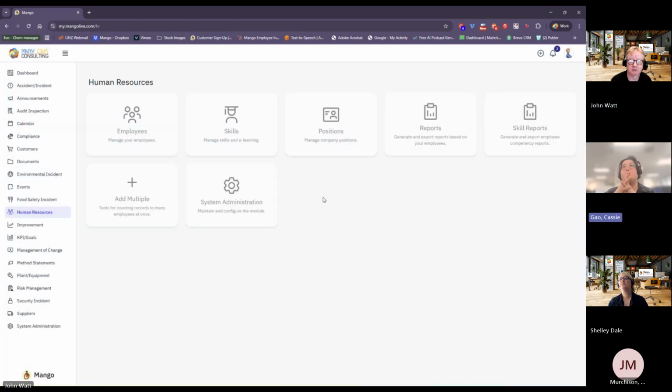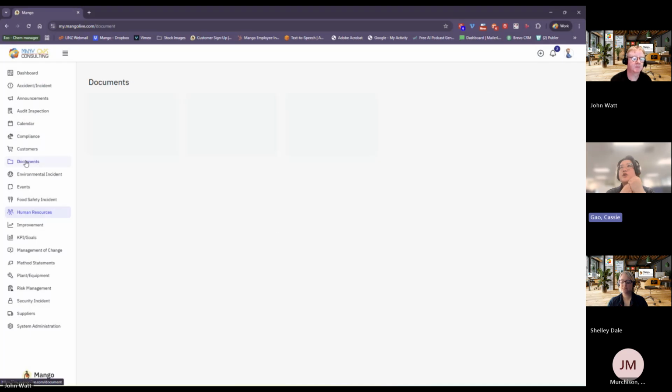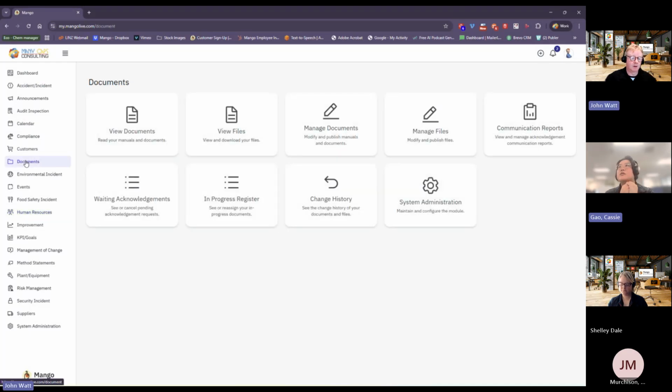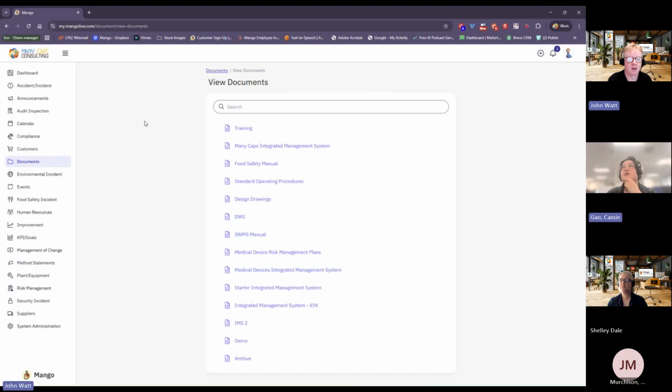Okay. Let's talk about the processes, like policies, processes, documents, working instructions. Where do we put those? Okay, so those would all go into the documentation module in terms of all your documents. So there's two sides to it. These two are the ones that most people would have access to. So we'll start here.